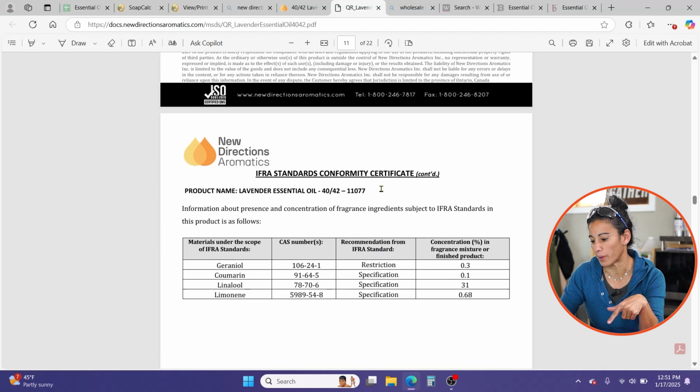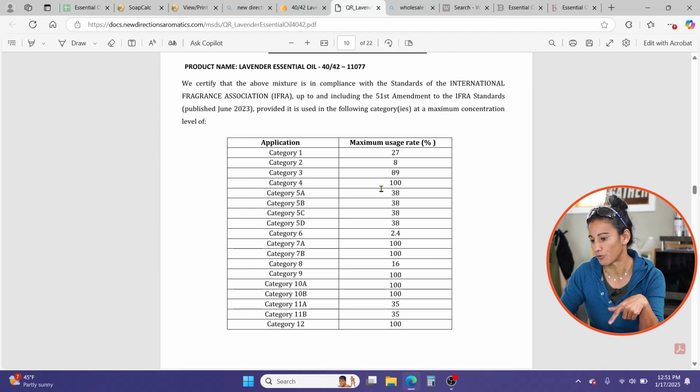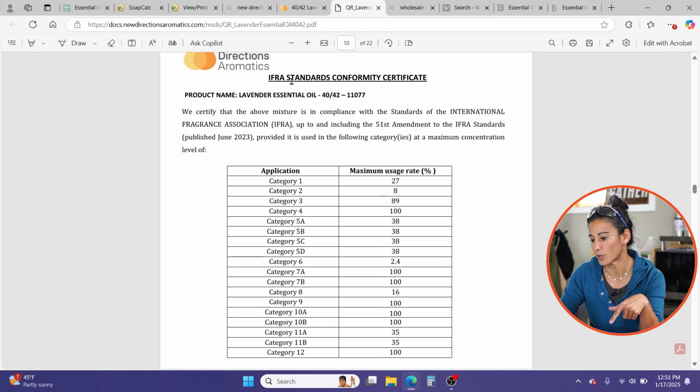And then you go back up here and you find your category. So this is the IFRA conformity certificate. So if I look at category 9, I can see that it says 100%. You'll see that for category 1, which is the lip balm, it's 27%. The usage rate for lavender is pretty high because it's one of the more safe essential oils on your skin. That doesn't mean you can just throw lavender on your skin, by the way. Essential oils always need to be diluted with some kind of carrier oil, or in this case, in our soap,